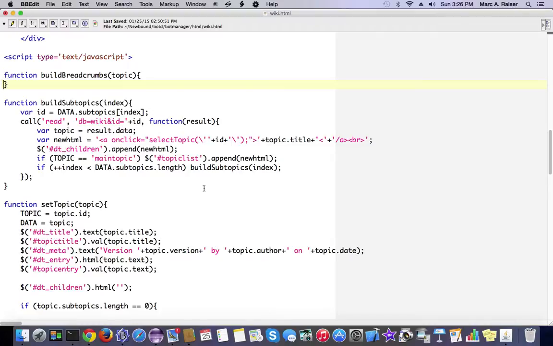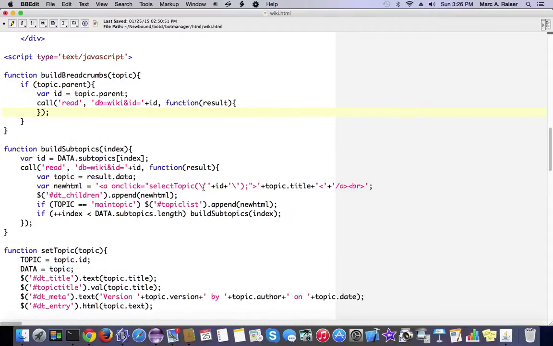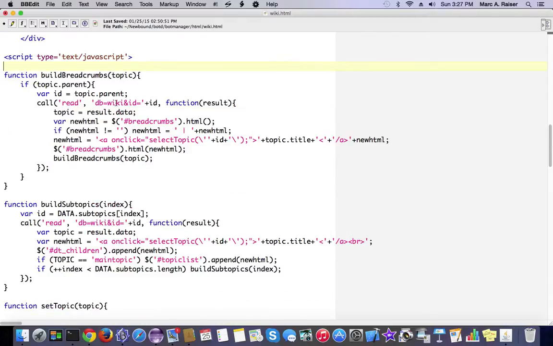All right, now let's look at building our breadcrumbs. Very, very similar, right? But basically it's going in the opposite direction. It's navigating up instead of down here. So basically if our topic has a parent, then we're going to pull that parent topic data out of the database, and we're going to create a link for selecting that parent topic,